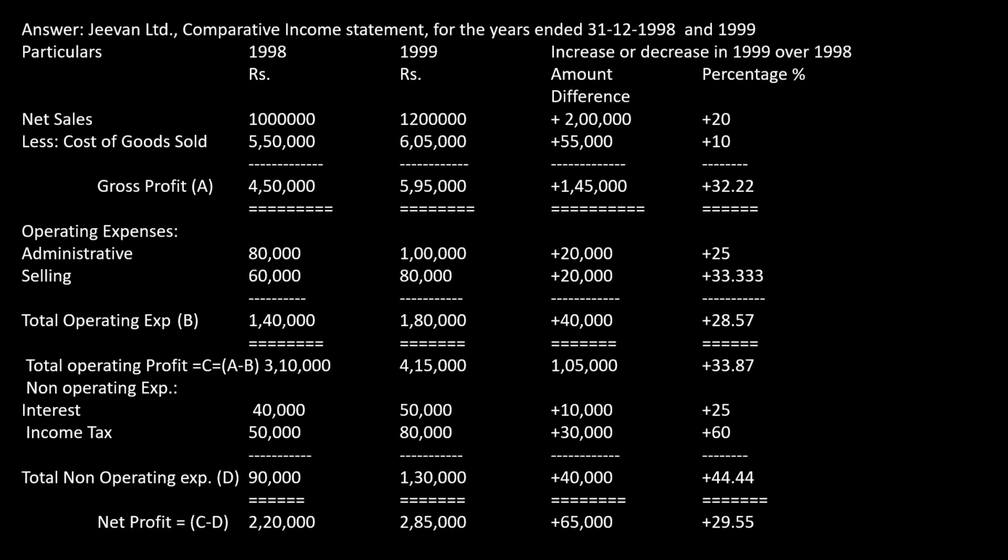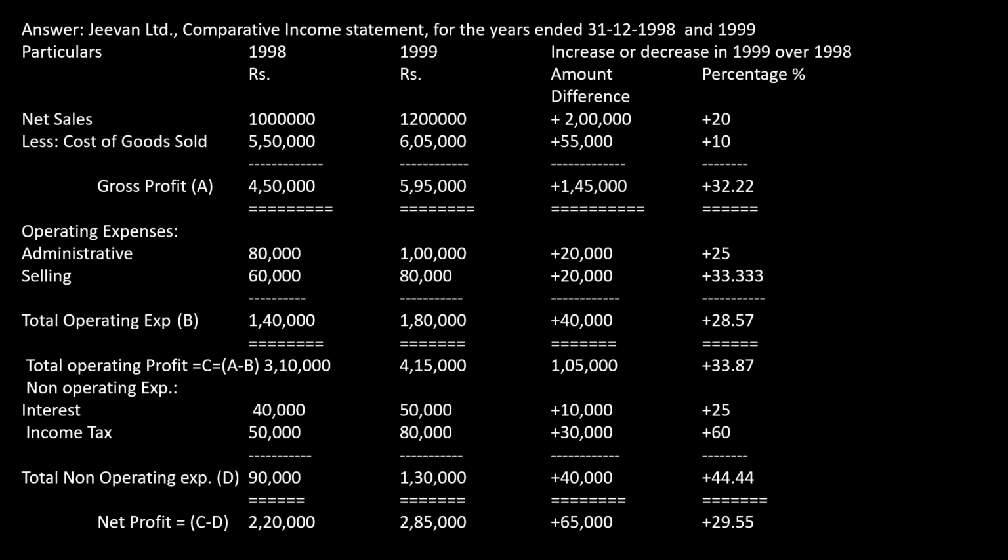We are comparing and taking the percentage. That's it. Nothing else new we are doing here. We compare the difference by the last year into 100, for each and every item. The difference you get divided by last year into 100. That is the logic we are going to apply here.